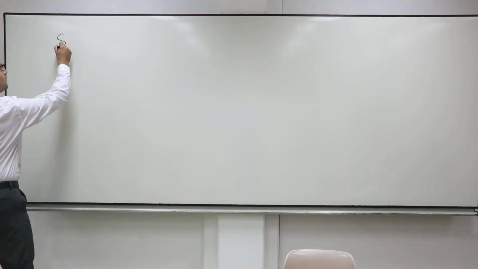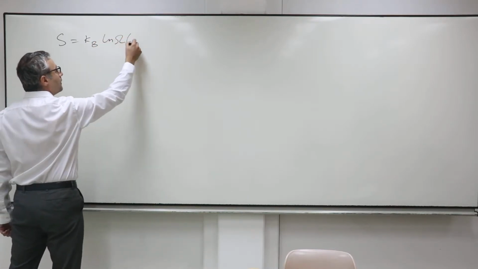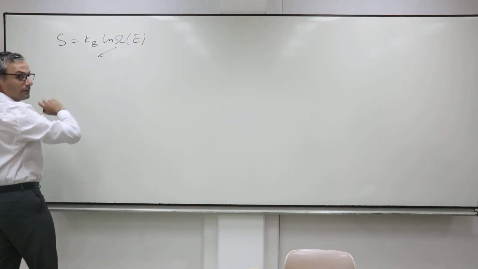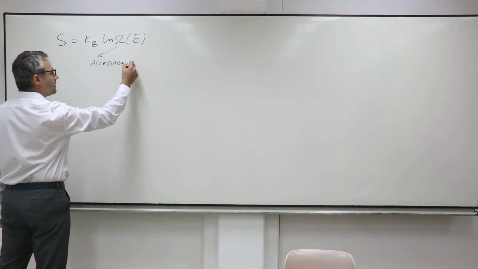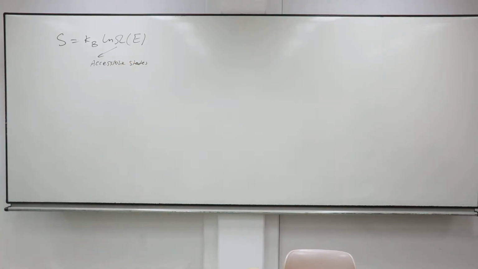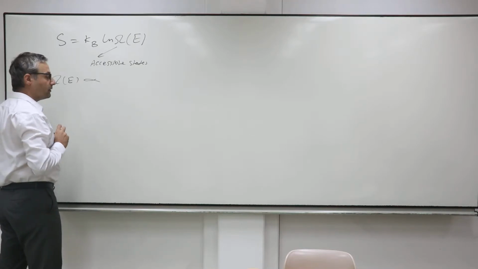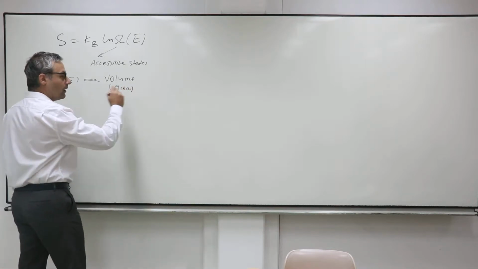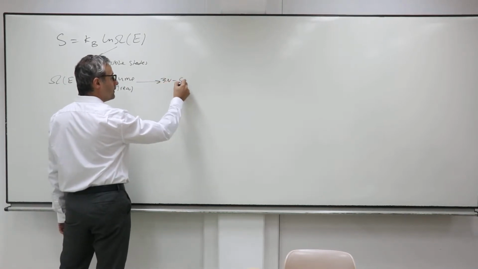So if you remember, in the last lecture, we talked about this function which defines for you the number of the accessible states. In the last lecture, I tried to explain that this omega(E) is proportional to the volume or area